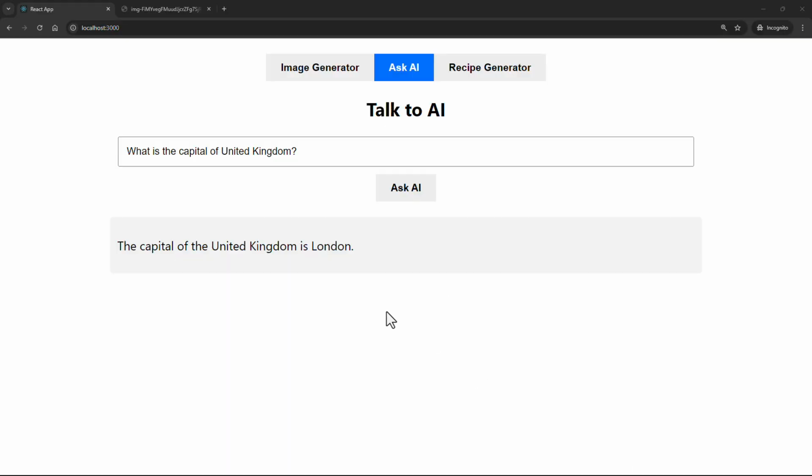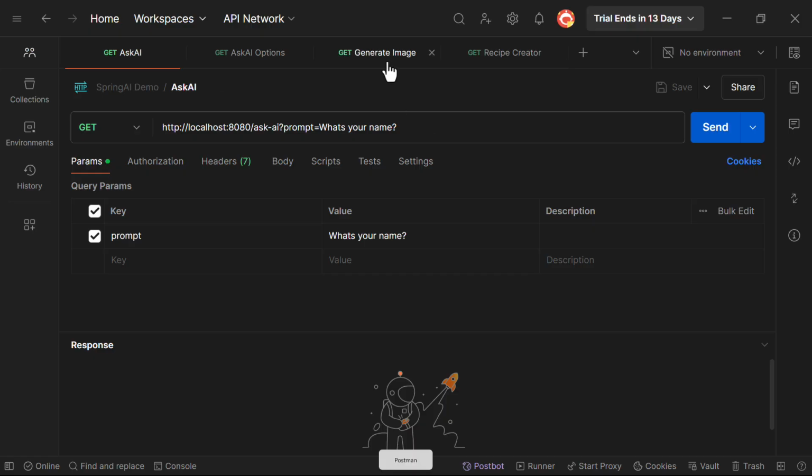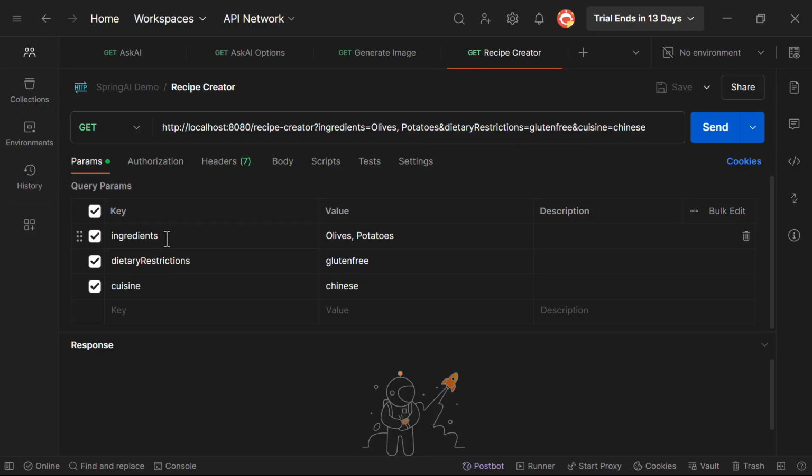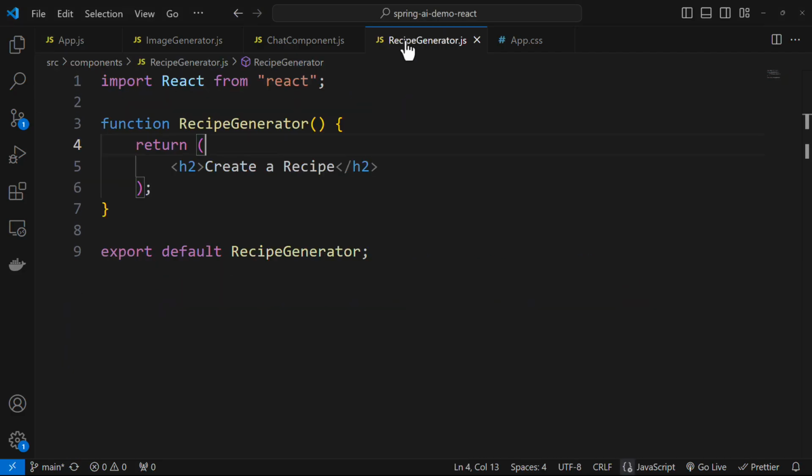All right, so now it's time that we work on the last step, which is to generate the recipe. Now what we need to do is have a component here. Our component should render all the necessary details that the user can provide to create a recipe. If you take a look at the recipe API over here, we're accepting things like ingredients, dietary restrictions, cuisine. So all of this should come out on the UI. So I will come over here to our application. I'll go to recipe